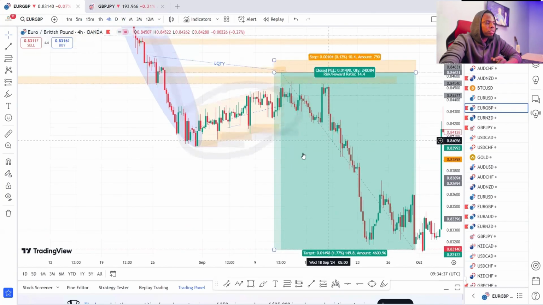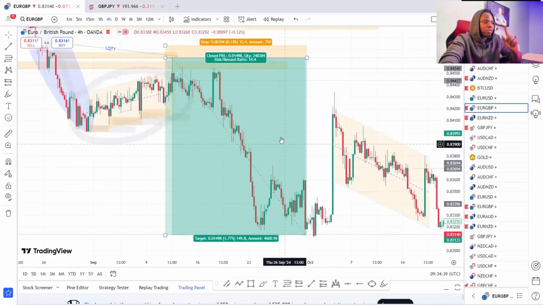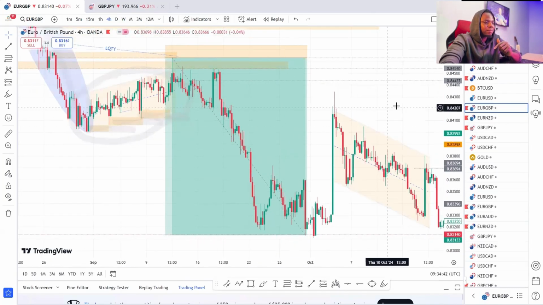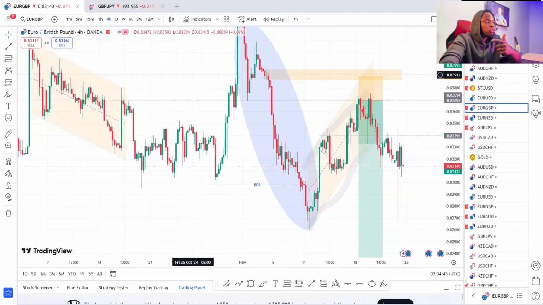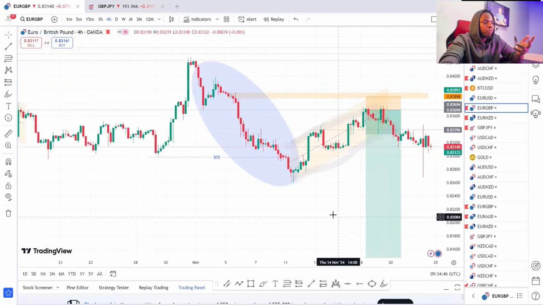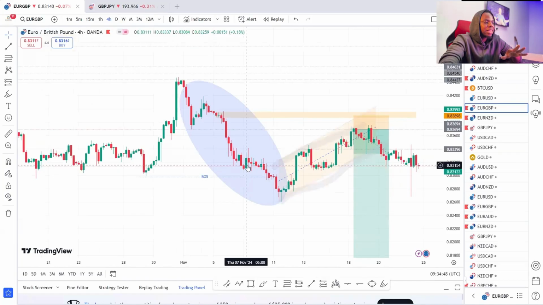So I think I will post it here. You see it, we have this trade taken and it's run about 1 to 40%, just following the same concept. Now let me show you the recent one that we have here. We notice that if you check Euro GBP on the weekly, the market is still selling, and that's why everything we are looking for on this particular chart is just to join a sell, just because the higher time frame is selling.